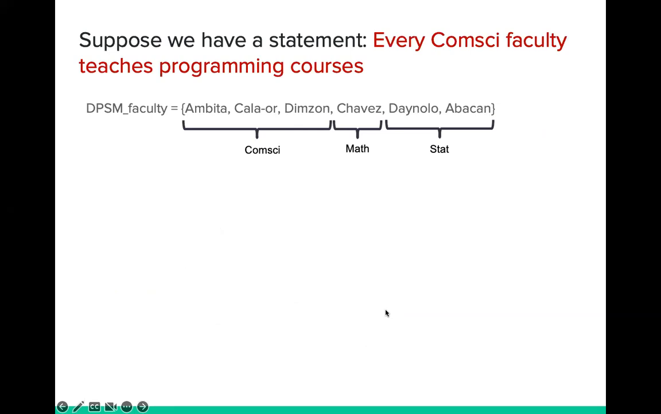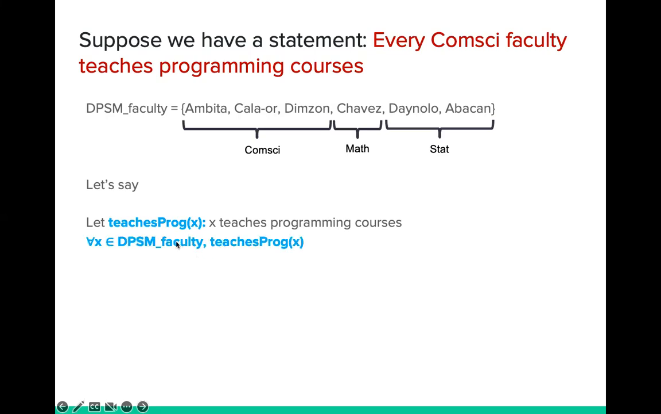Okay, suppose we have this statement: every ComSci faculty teaches programming, and we want to translate this into predicate logic. So we have to consider the domain. So every ComSci faculty, such that this ComSci faculty belongs to the domain of DPSM faculty. Assuming first that we have a predicate TeachesProg of X such that X teaches programming courses, let us first consider the unrestricted domain translation: for all X, or for every member of the DPSM faculty,